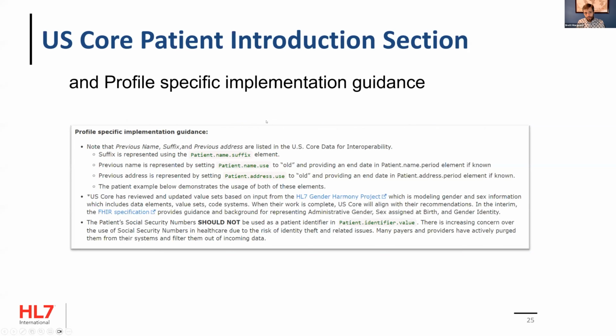On the page, there is an introductory section. It's tricky. It's hard with narrative text. We know developers, from our experiences, examples are key. Testable conformance is key. And so we try to make sure as much of it is machine processable. We do sometimes have to put text in there. And so on that profile page, you'll see some profile specific implementation guidance. You see this about name, suffix, and previous address, about how you can indicate a previous name or a previous address by setting use to old and providing the end date in address if that end date is actually known, because sometimes you don't know when that address is no longer